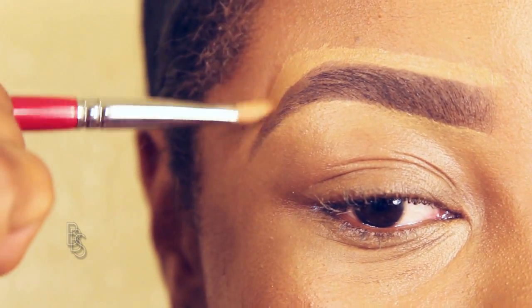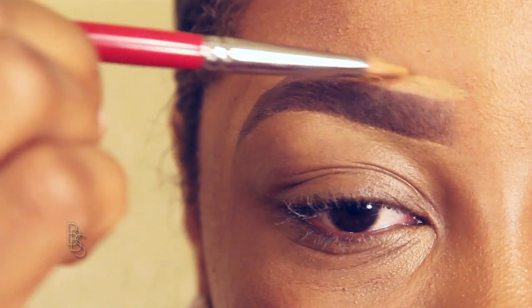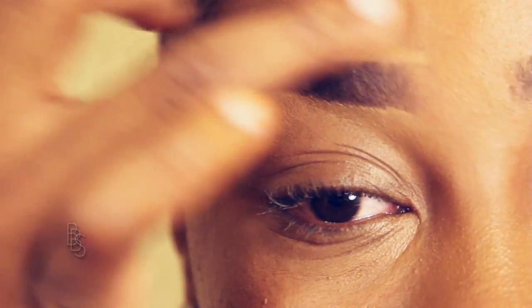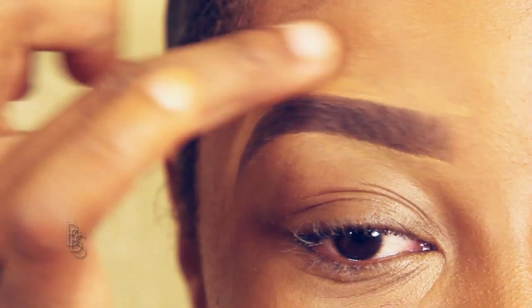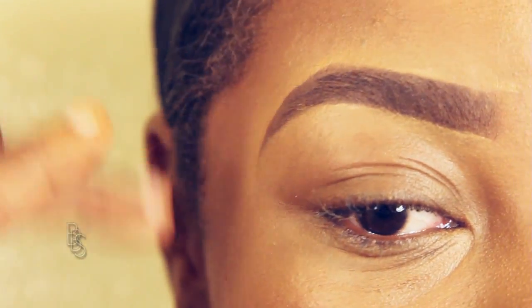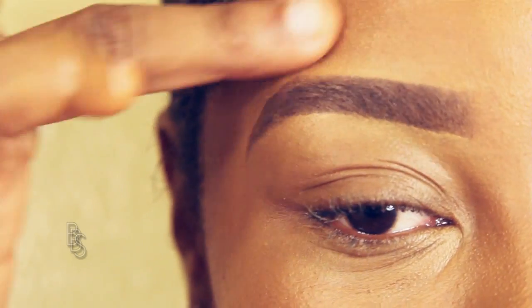And it's just like an eraser. It just erases everything. I'm sorry, y'all. It erases everything that shouldn't be there, and it pretty much just gives your eyebrow a very clean shape. And then you take your finger again and you're going to blend it out. Try to avoid the actual line, okay? Just try to blend as closely to the line that you can get without actually touching that line, and just blend. Use your finger and just blend